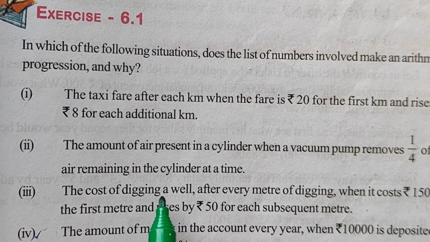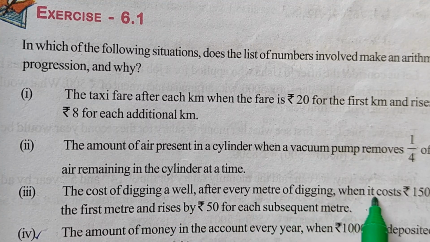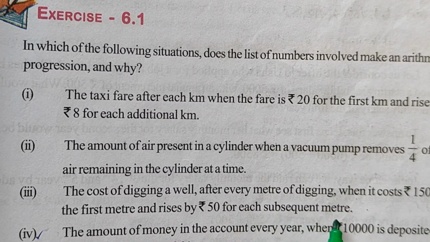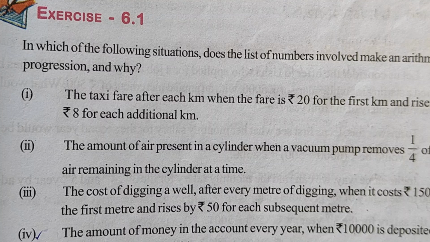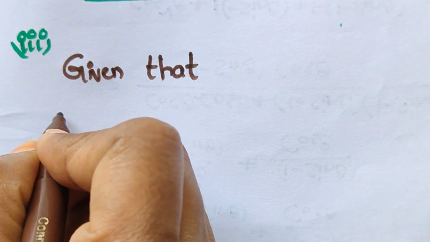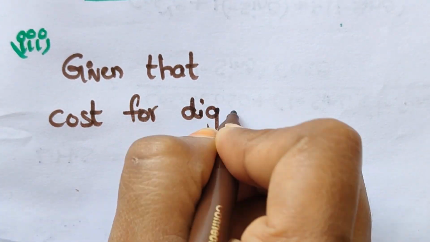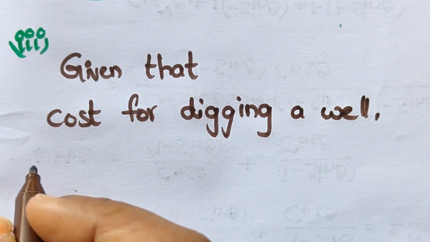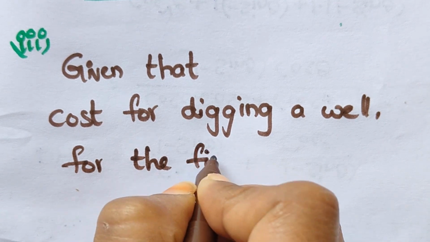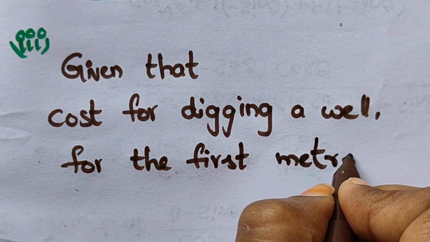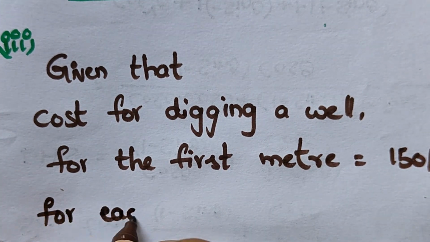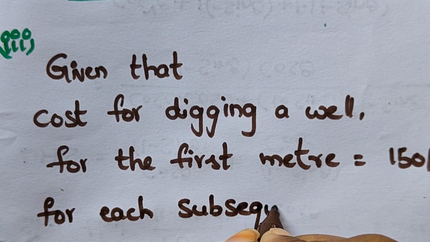Now, third bit, the cost of digging a well after every meter of digging, when it costs 150 rupees for the first meter and rises by 50 rupees for each subsequent meter. This problem is same as the first problem, taxi fare. Solution: first, given that cost for digging a well for the first meter is equal to 150 rupees. Now there is a situation for each subsequent meter